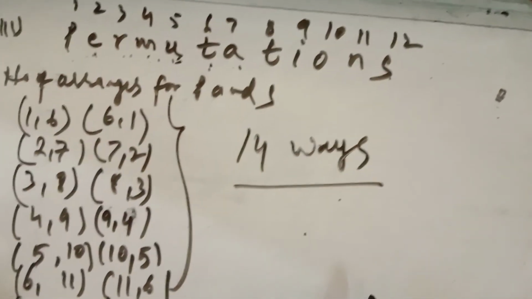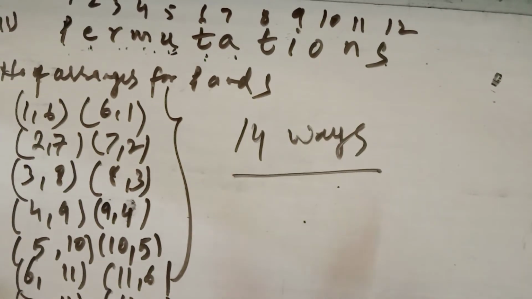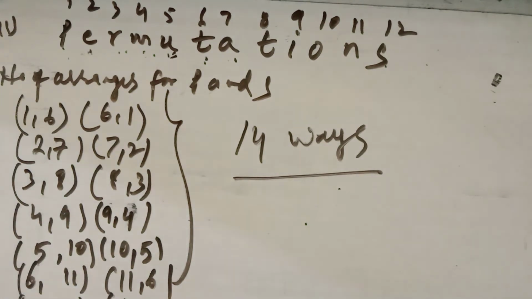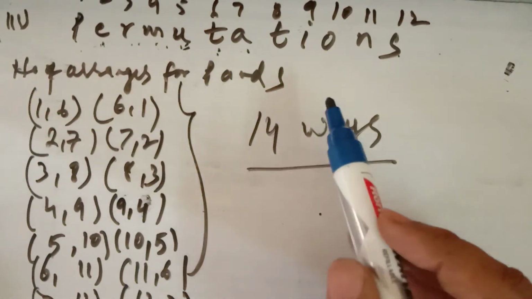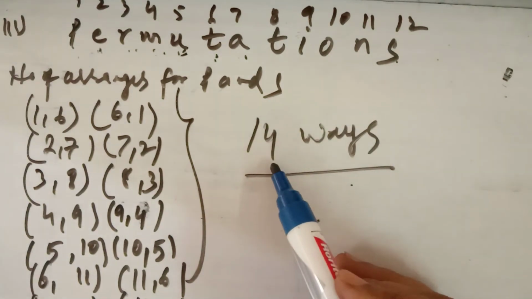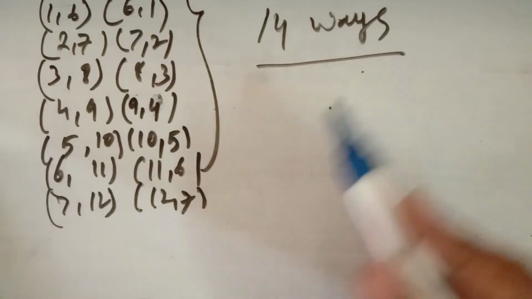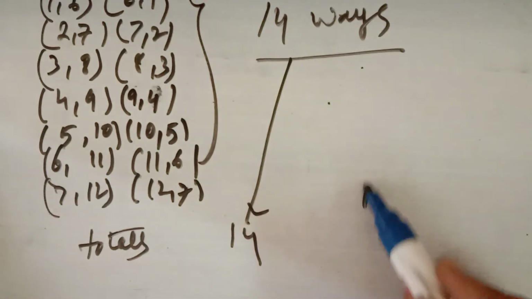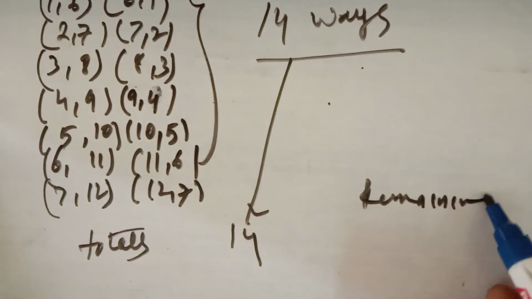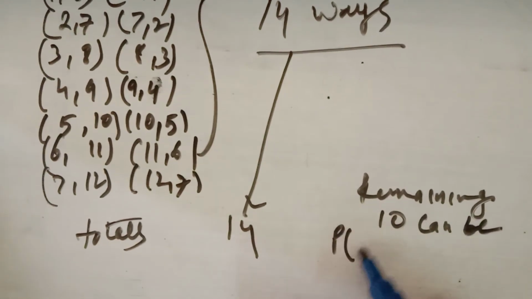There are 14 ways to arrange P and S when there are 4 alphabets between P and S. Now you have arranged P and S in 14 ways. So how many elements remain? Out of 12 we have arranged 2. So the remaining 10 alphabets can be arranged between them by the permutation of 10, 10.